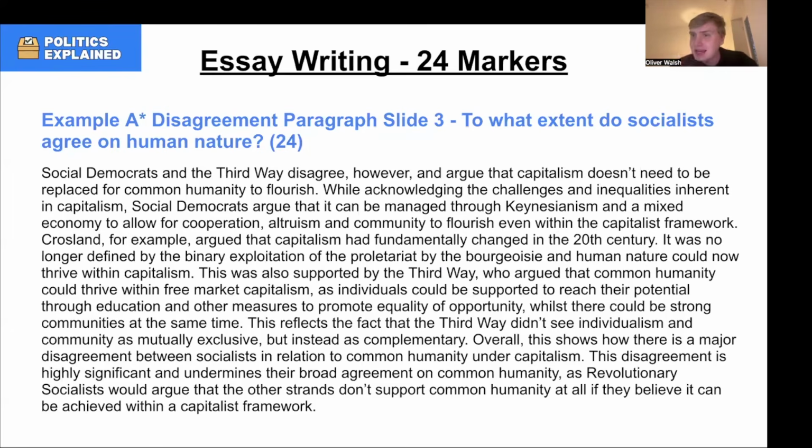So really explaining the views of Social Democrats first, of the strand, and then we bring in the thinker to support the strand. Crosland, for example, argued that capitalism had fundamentally changed in the 20th century. It was no longer defined by the binary exploitation of the proletariat by the bourgeoisie, and human nature could now thrive within capitalism. And then we're explaining this is also supported by the third way, so saying how the third